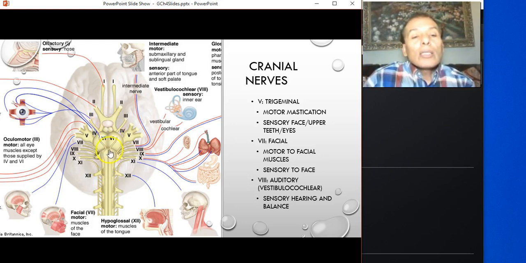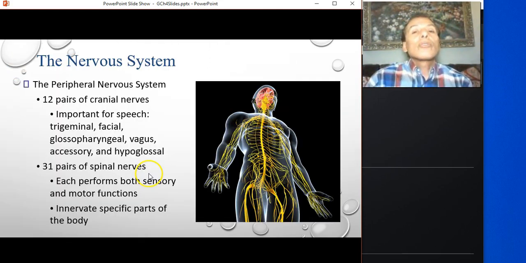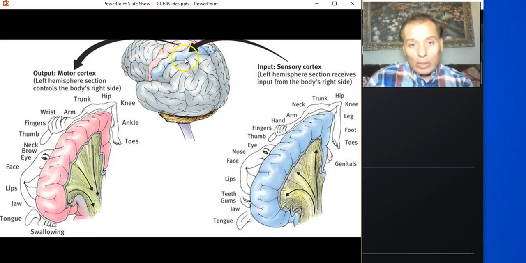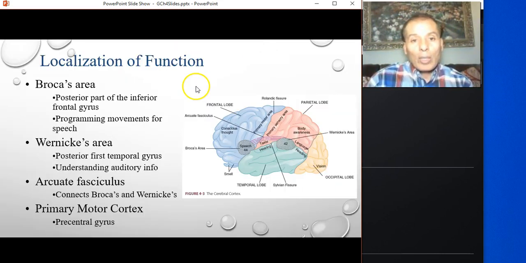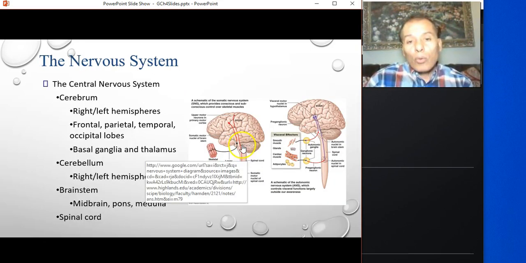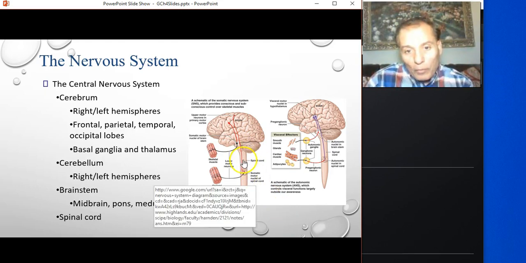And so once you take these, anything that goes above these, all of this structure that is convoluted here and there, all of this, that is called the cerebrum. See, all of this is the cerebrum. This is all you see outside here. So again, if you take the brain stem and the thalamic nuclei deep inside there, and the cerebellum out, everything else is called the cerebrum.